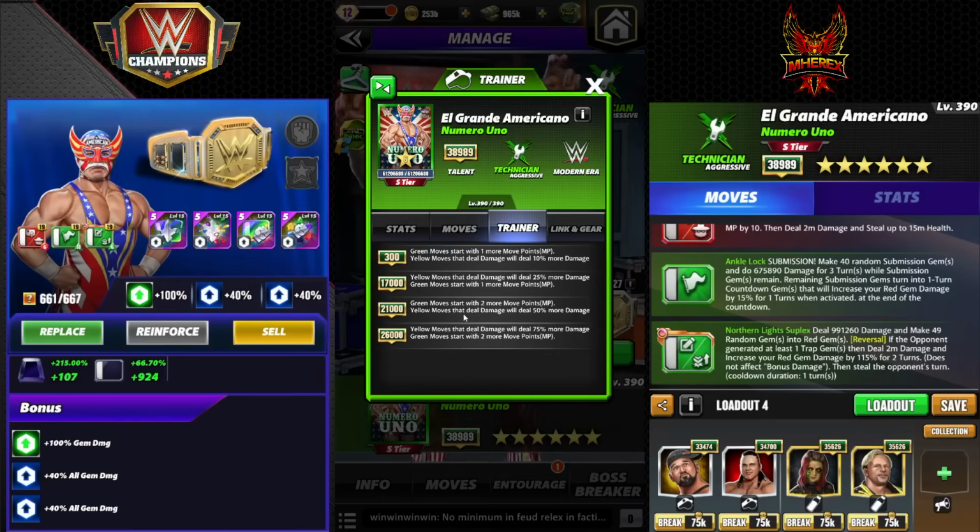He's a trainer. Yellow moves that deal damage deal 75% more, and green moves start with 2 more MP. It's another one of the niche MP trainers. Move damage is currently not being used a ton on a lot of characters, but when it's needed, it's going to be really good. And the max trainer only needs